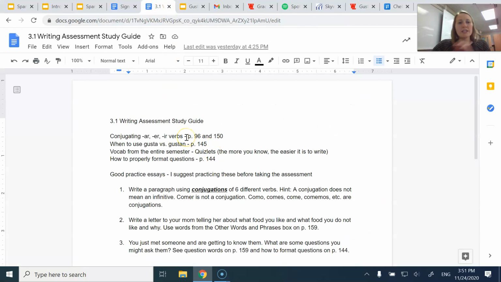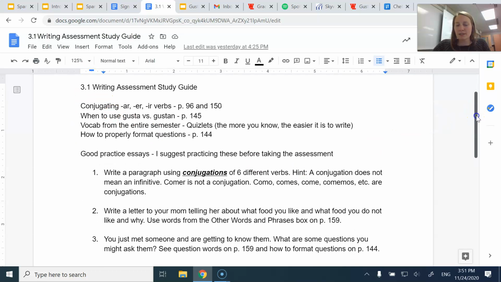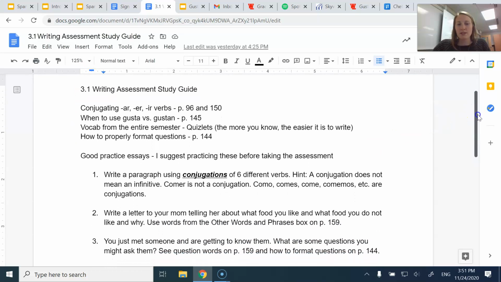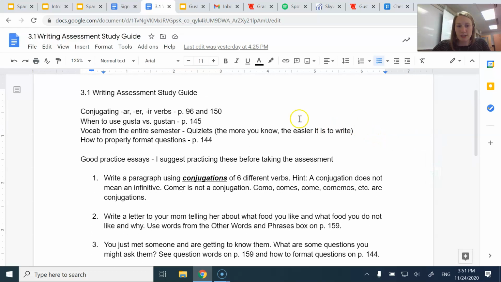Our 3.1 writing assessment is coming up on Wednesday. Some things I want to go over with you guys. Remember, it is open book, but not open online translator. Please, it is obvious for me when you use the online translator, so don't do it. I have awarded multiple zeros throughout this year for detecting Google Translate, so do not be my next.